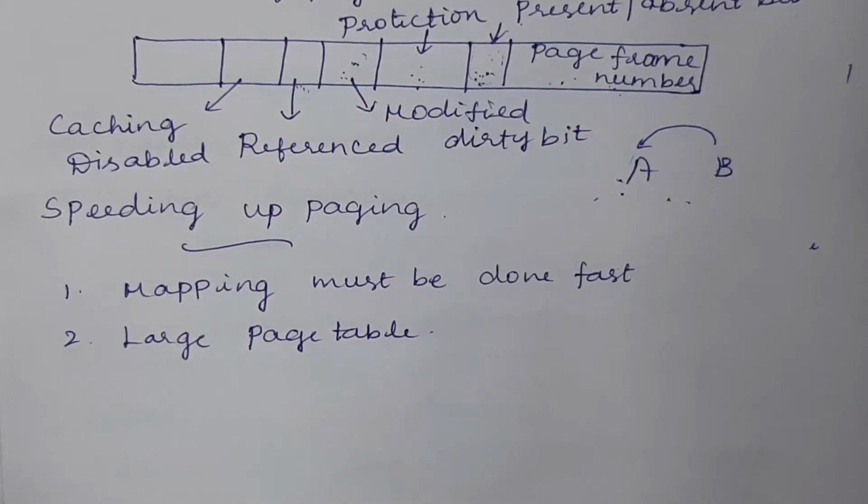So earlier, the traditional operating system supported 32-bit addresses, but nowadays we are working with 64-bit addresses, which means a very large number of pages is possible in the virtual address space. Say we have 1 million pages, then obviously the page table should have 1 million entries. So it could be a very large page table, and you need to accommodate that much page table in the system.